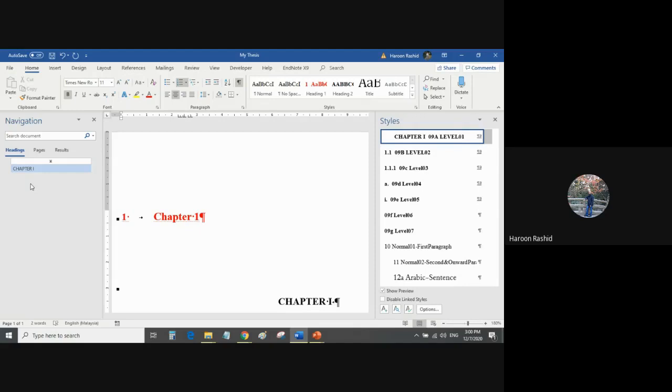If any of the headings you are not able to see in your headings list in the navigation pane, it means that somewhere you have made a mistake, you didn't follow the proper step, and it will never ever appear in your table of contents. So whatever we are doing here, side by side, we are actually preparing our table of contents. And at the end of this thesis, your table of contents will be already ready without doing anything.